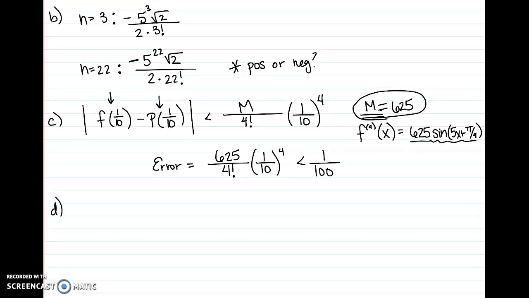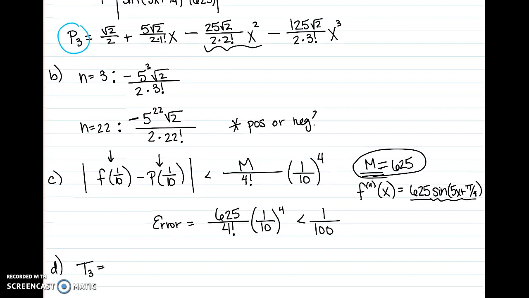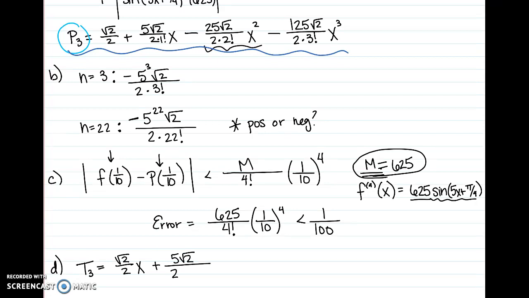Wowzers. Part D says that capital G is a function given by the integral of f, and we want the third degree Taylor polynomial for G. Here's the thing. We have the third degree Taylor polynomial for f, and we know that G is the integral of f. So let's just integrate this series term by term. So we get square root 2 over 2 x plus 5 on the square root of 2 over 2 times 2 x squared